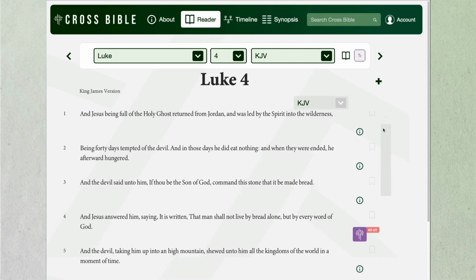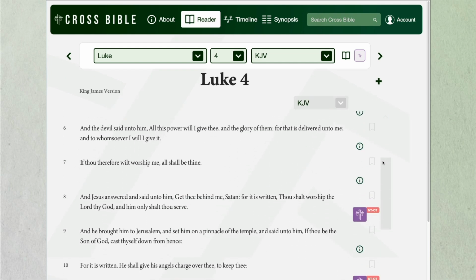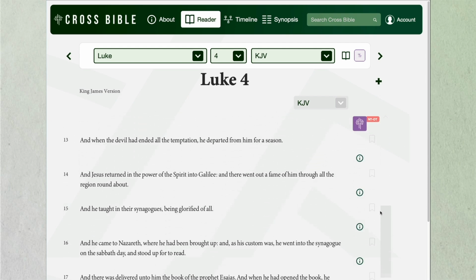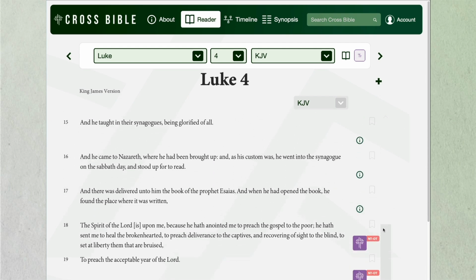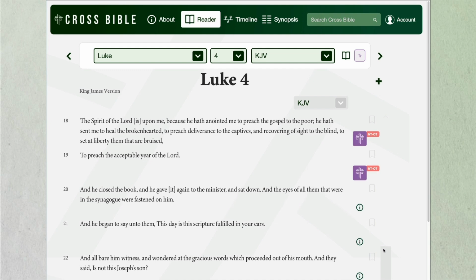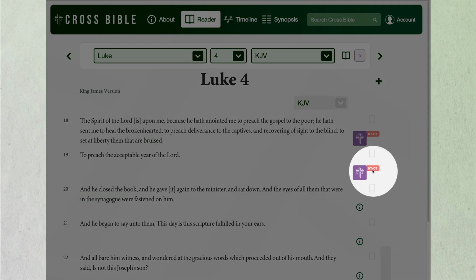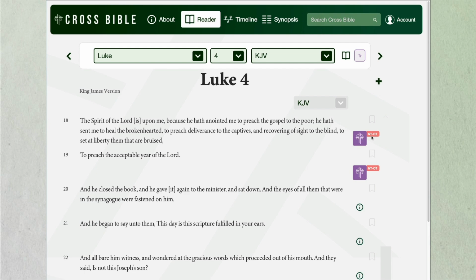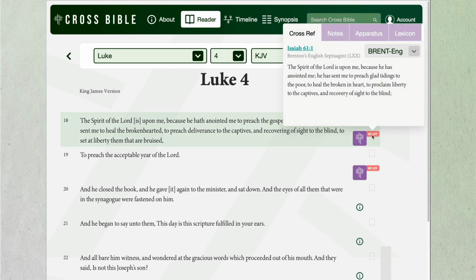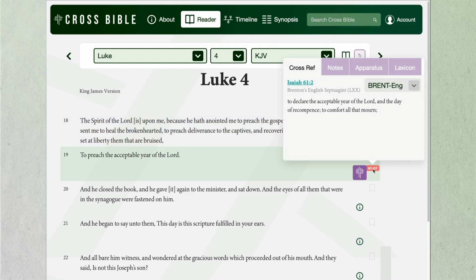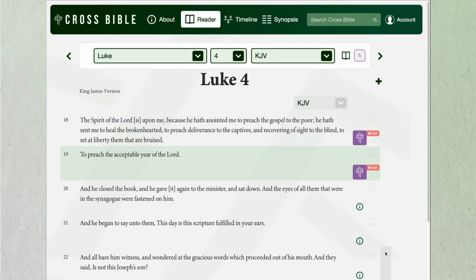Cross Bible, as the name suggests, is a cross-reference Bible, and our initial Bible study tools focus on connecting the dots between related passages. The cross-references are always front and center and marked with these flags. And if we want to see what each one says, we don't have to follow a hyperlink or leave the chapter we're reading. Just click on any flag and you'll get a popover tool with 4 different tabs.